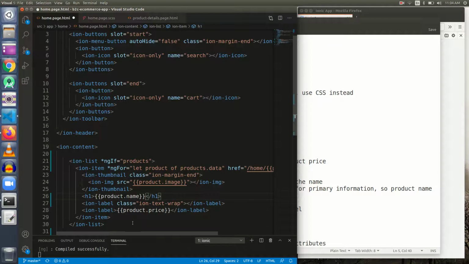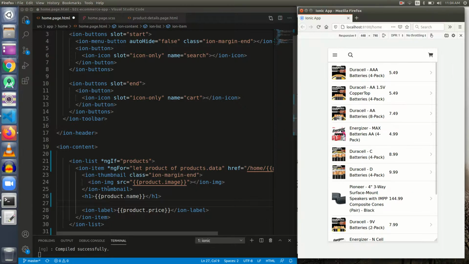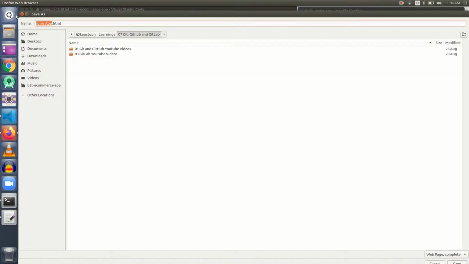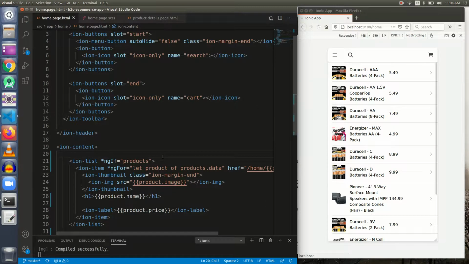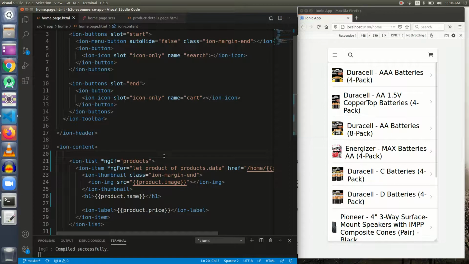And I am going to simply remove our iron label. Now iron label is gone, and let me see what changes have been made to the UI. Let me save it. And as I save it, our texts are bigger than ever, because H1 brings with itself some CSS, and that is the size of the text, they all increase phenomenally.